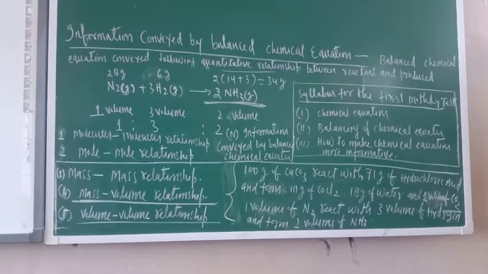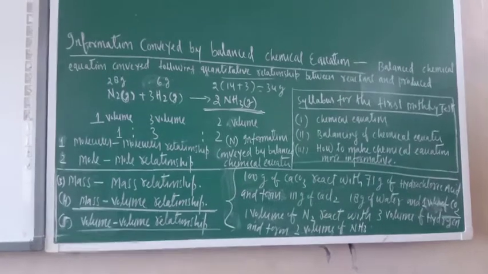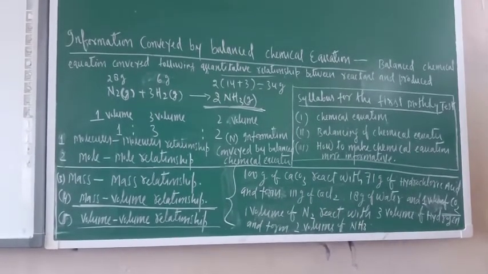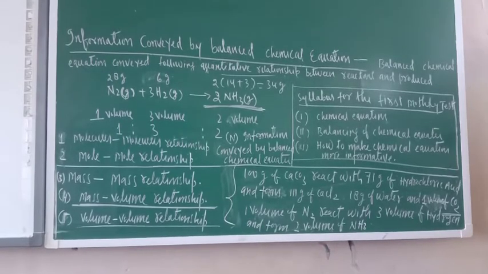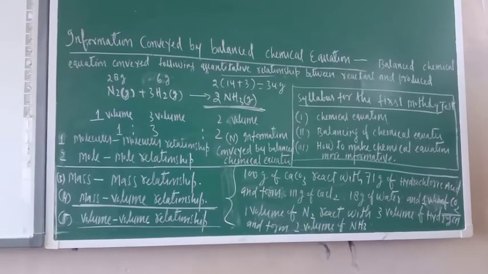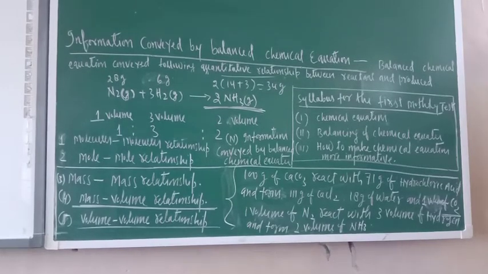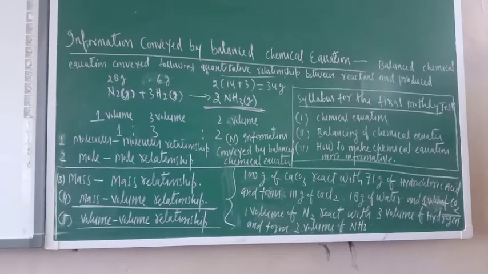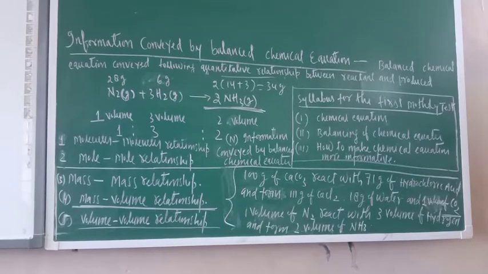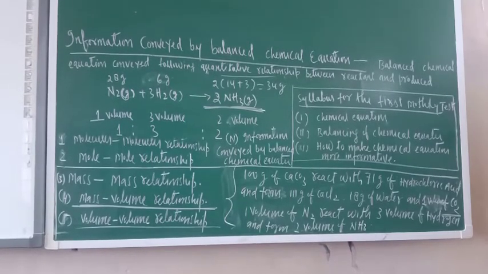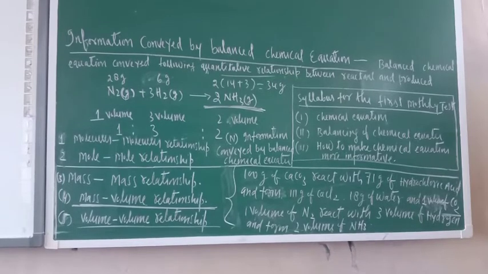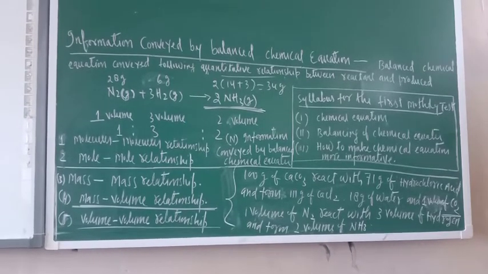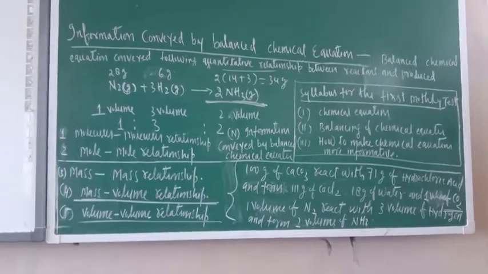And just see, in balancing of chemical equation, I may give you the skeletal equation, I may give you the word equation, I may give you one chemical equation which you have to balance in any form. And whatever exercise is given at the end of NCERT book, everything you should practice. Whatever questions are related with the balancing of chemical equation, each and everything you have to practice and all those questions you have to revise. Later on you should not blame me. So these are the 4 things which you have to cover, okay?